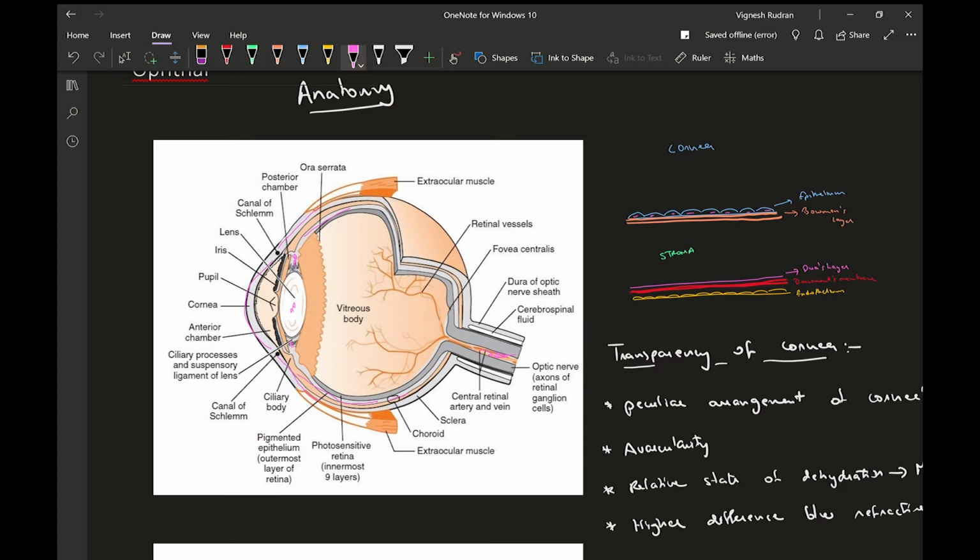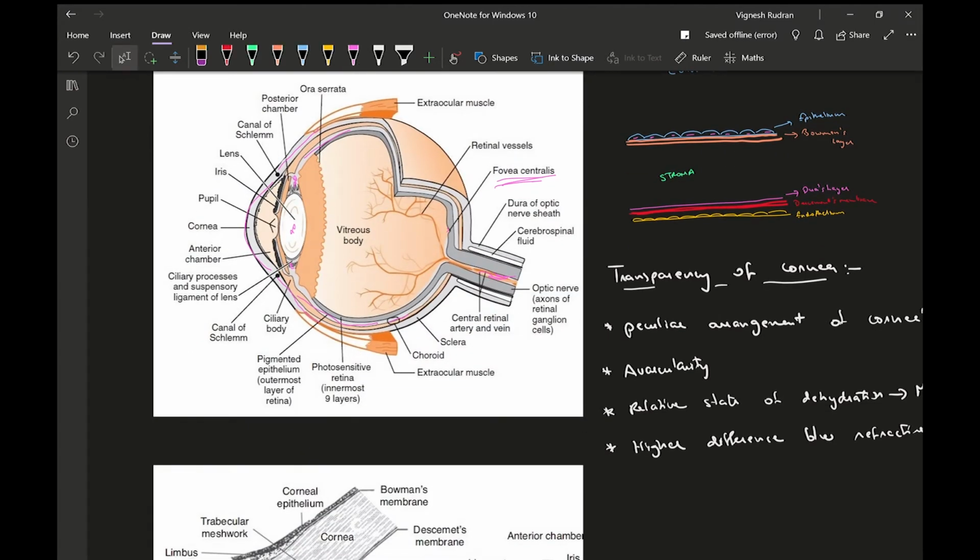There are some important parts on the retina which are not marked on this diagram. There's something known as macula. It's where most of the concentration of cones are present, cones for color vision, then rods for night vision and just sensitivity to light. So macula is very important. This fovea centralis is also known as blind spot. It's just a notch in the retina present over there. You can't perceive any image which is formed on that spot. So this canal of Schlemm.